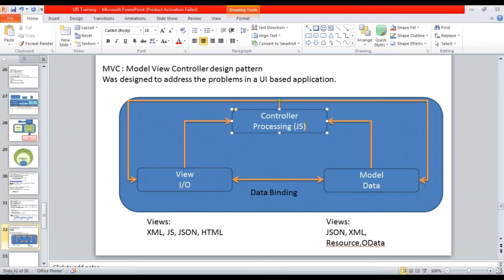Anubhav, is OData a view? OData, oh, oops, I think it's a copy-paste typo. It's a model, guys. I've written it below the model, yeah? It's a model. These are all the models. Yeah, thanks for correcting me. It's a model. Okay. So these are all the varieties of models we have, and these are all the varieties